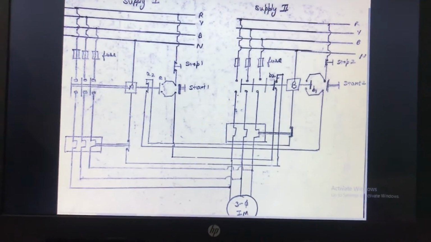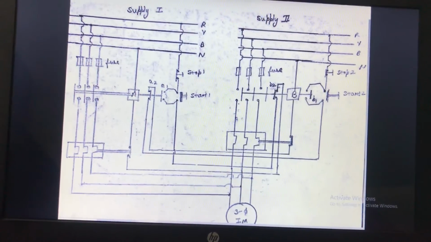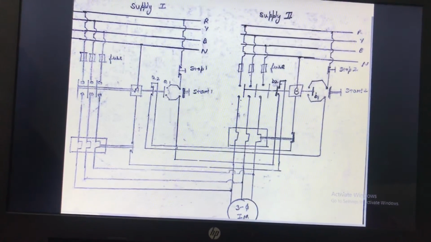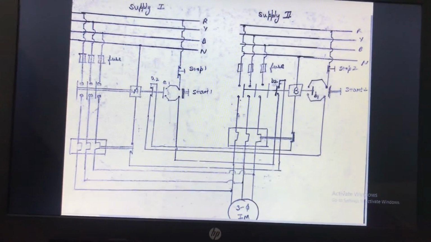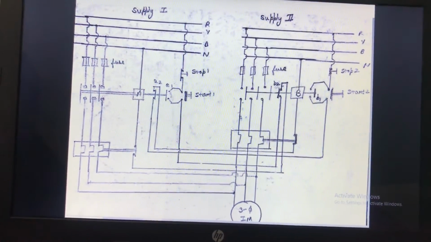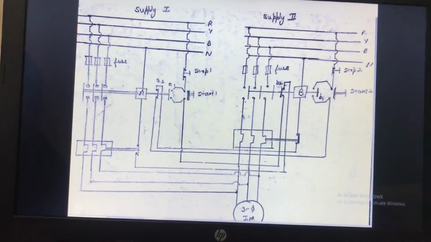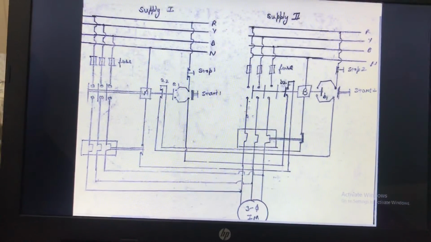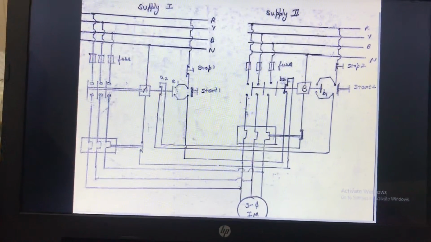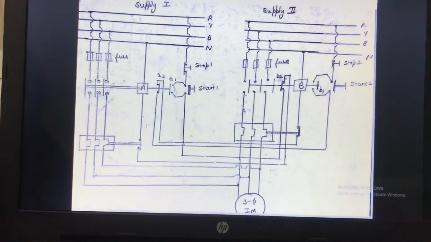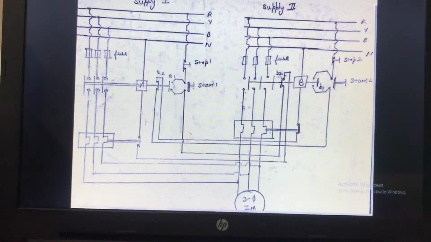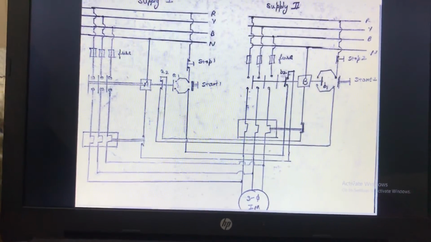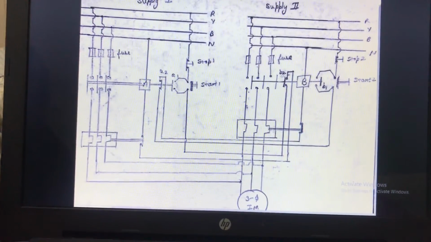So here is the wiring diagram. Now in case of contactor A, we can see there are main contacts and auxiliary contacts A1 and A2. When we push the start 1 button, then the contactor A is getting supply via phase R, stop 1, start 1, then P2, which is the normally closed contact of contactor B, then to the overload relay, then to contactor